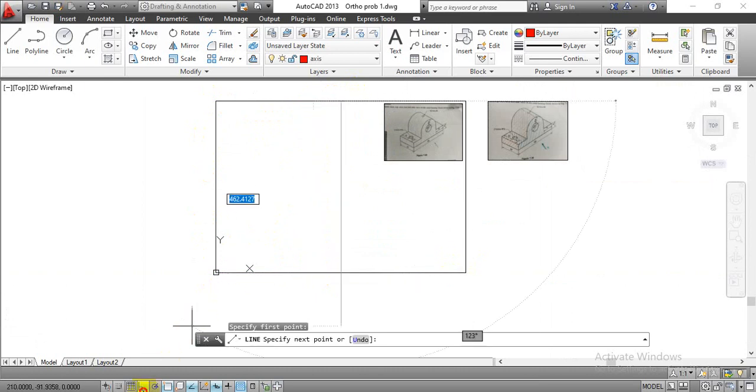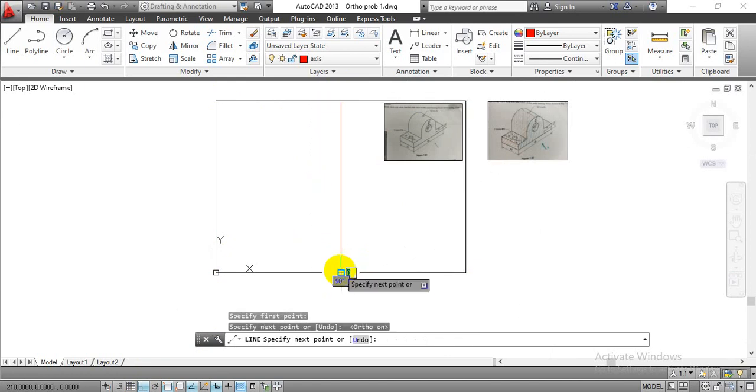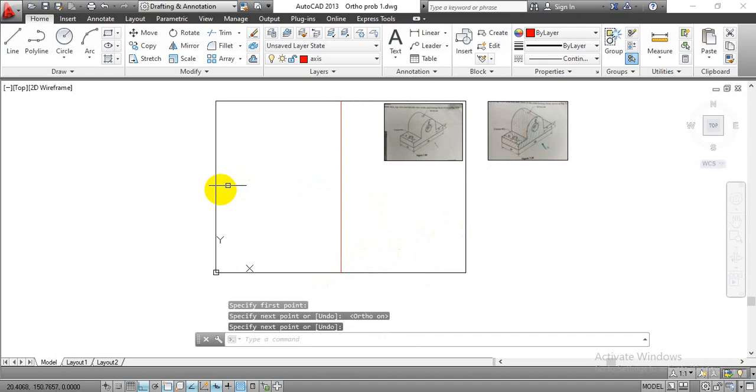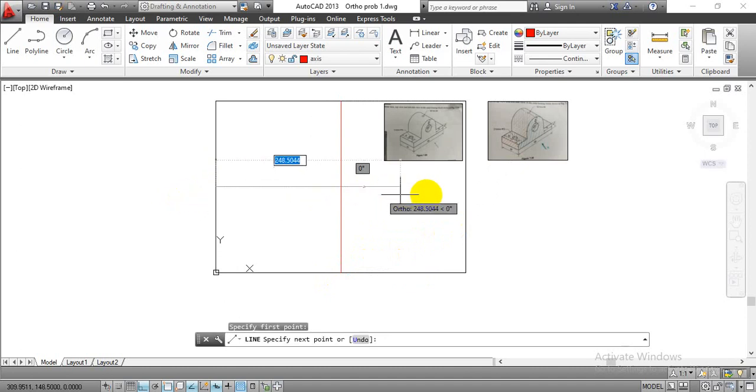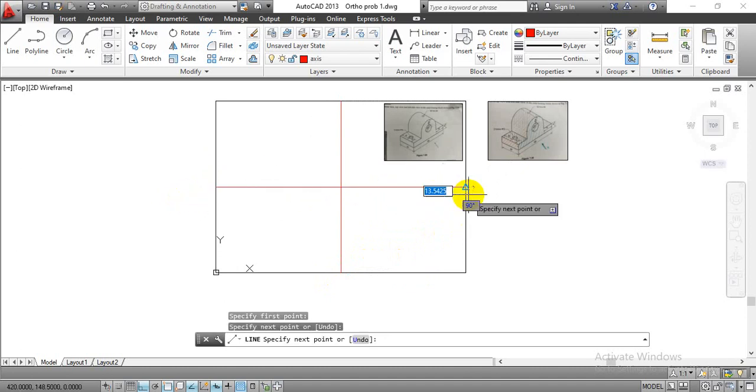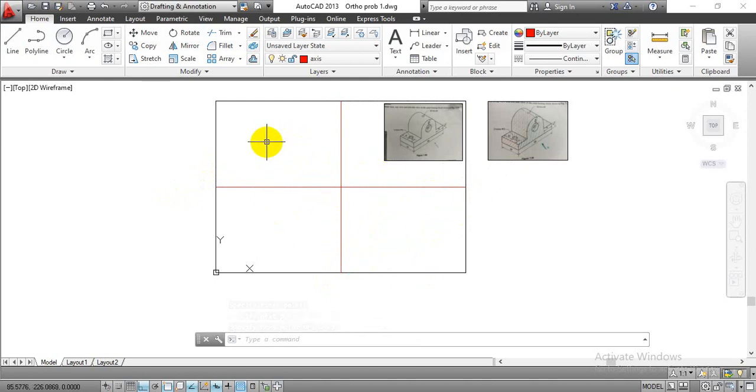Now let me turn on this ortho mode command so that I can have an exactly vertical line over there. Just click over there, so this will be the vertical axis. Again press enter to activate our previous command, and again draw one horizontal axis. By this way we can have a partition for this A3 sheet where we can complete the front view, top